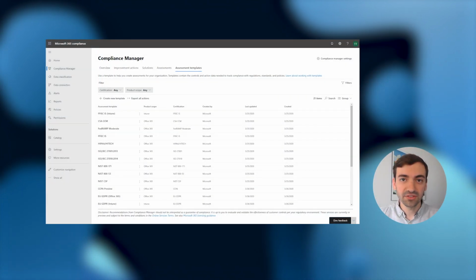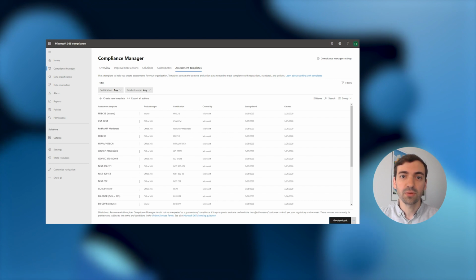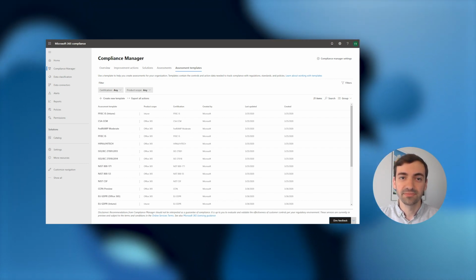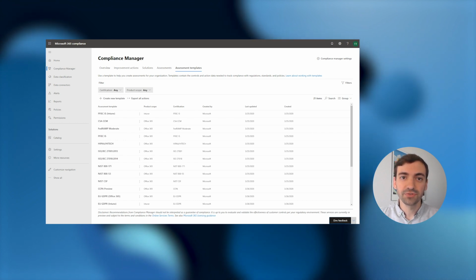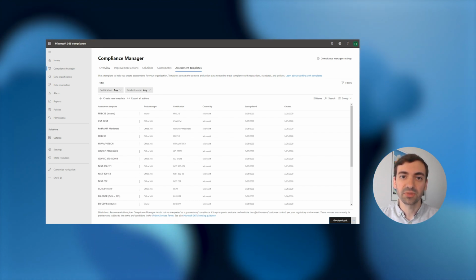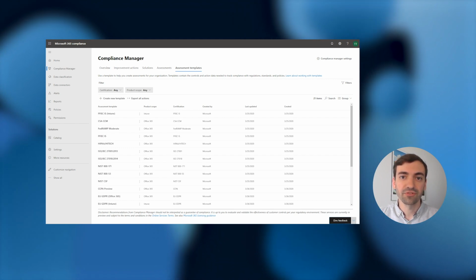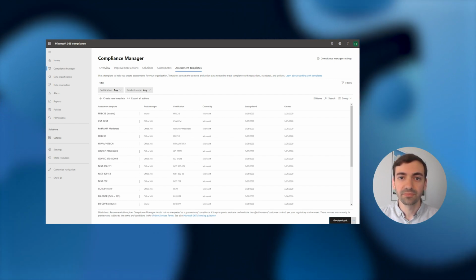For that latter case, you can even export and incorporate components of our existing out-of-the-box assessment templates. This is particularly useful if you track against a custom compliance framework that draws on several existing regulations or frameworks that we already offer.